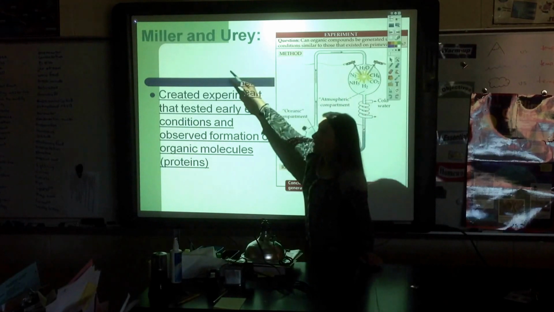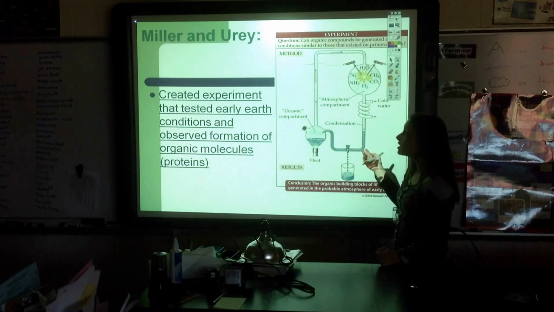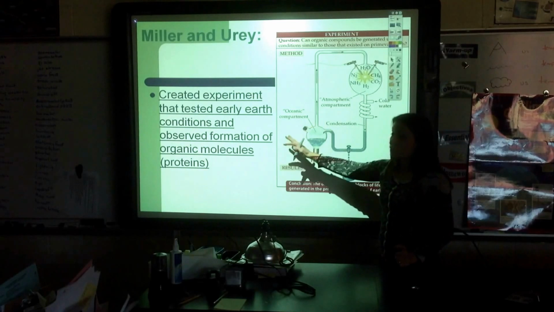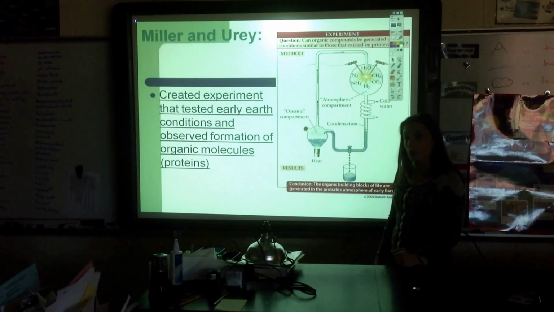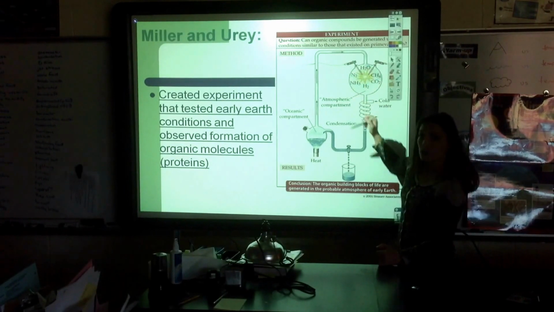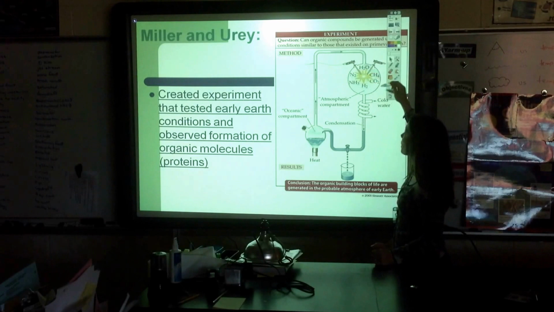Then we have two other scientists that took Oparin's theory and actually put it to test. They created an experiment that tested early Earth conditions, and they actually observed the formation of organic molecules, specifically proteins. So what they did, here's a picture of their experiment. They took all the gases that were there on early Earth, methane, carbon dioxide,